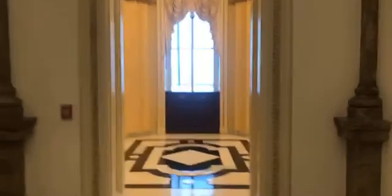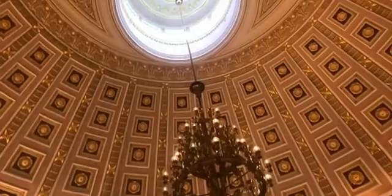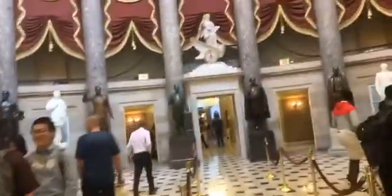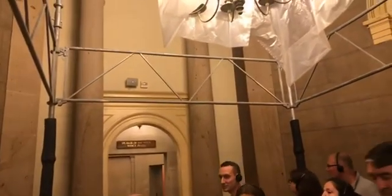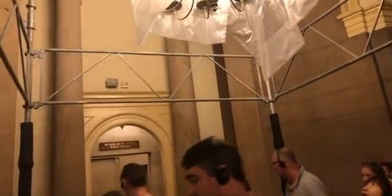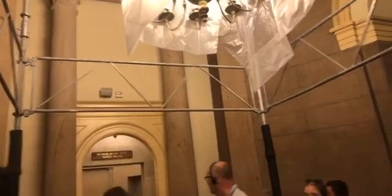So right now we are in the U.S. Capitol, and I'm going to show you a couple places where I go. So this is the Majority Leader. This is actually where Congress used to be, but now they're back there in that room back there. So that's the floor. So Nancy Pelosi and the whip's office is actually in there. We actually go in there from time to time, and that really depends on